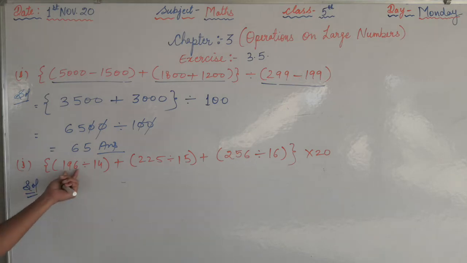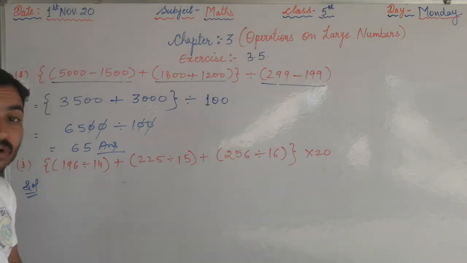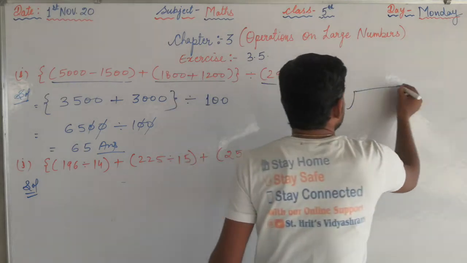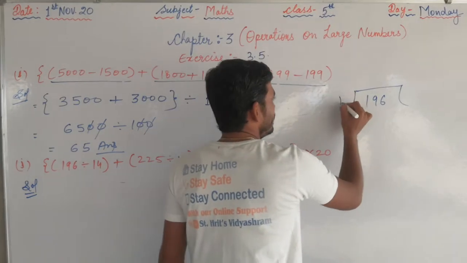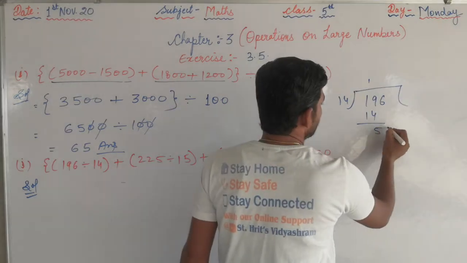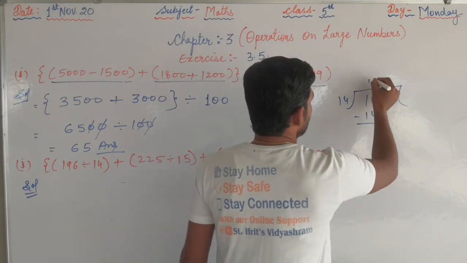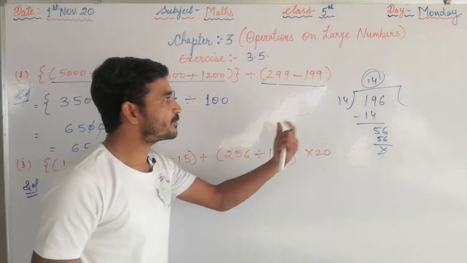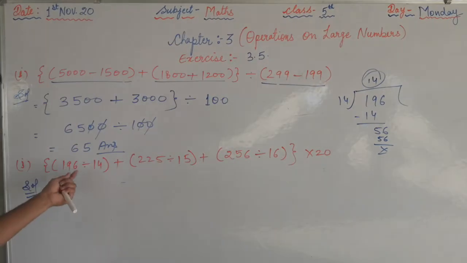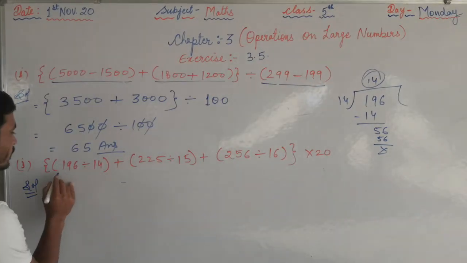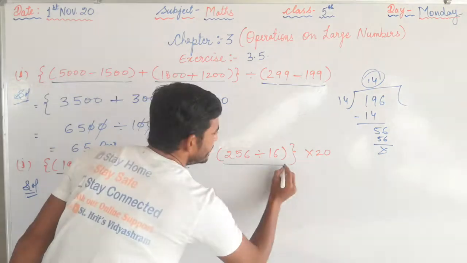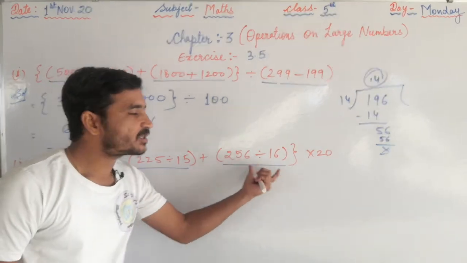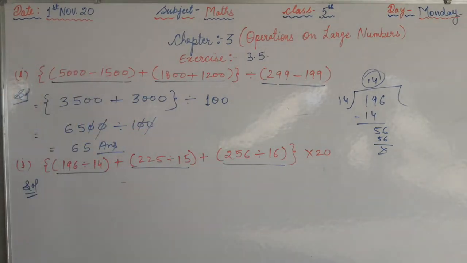Now see, 196 divided by 14. What's the result? Here it is 14. Why? Because 196 is the square of 14. If you want to check by division, you can also check: 14 times 14, 4 times 56. What's the result? Here it is 14. Means when you square 14, multiplied by 14, that is 196. Now first solve this one and this one, because these three operations are in the small bracket. So first you solve the small bracket.